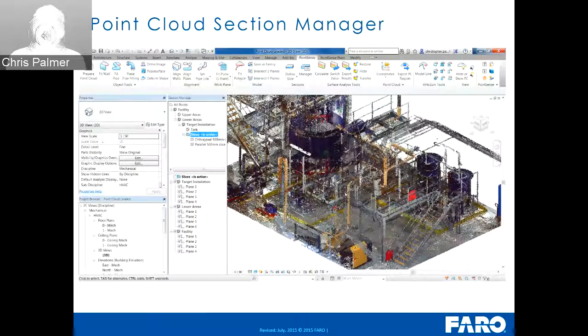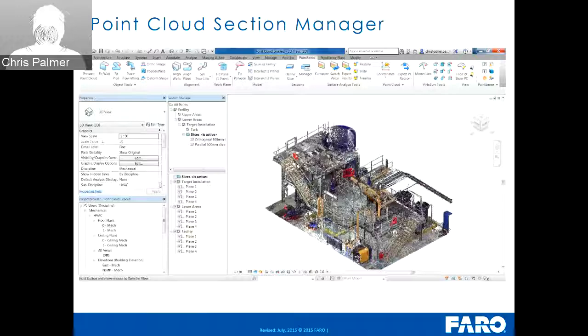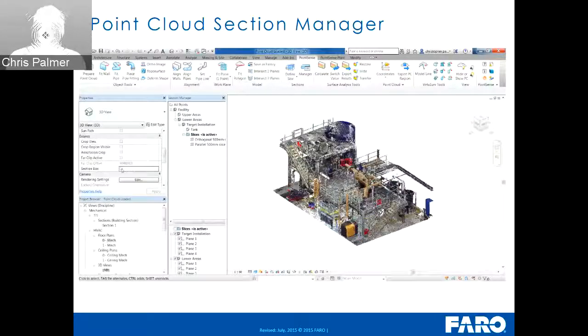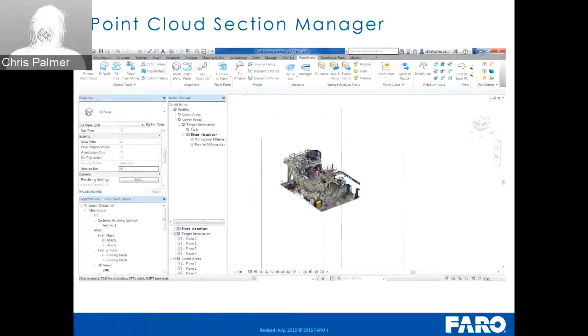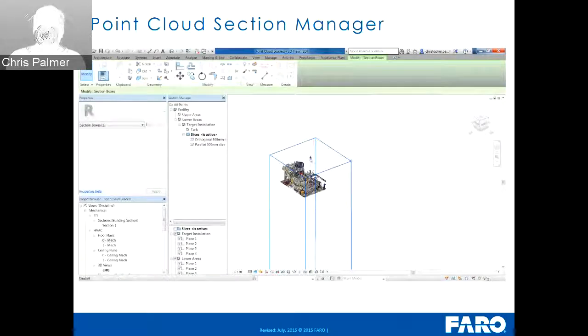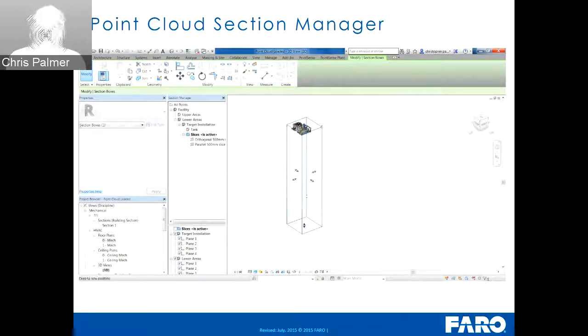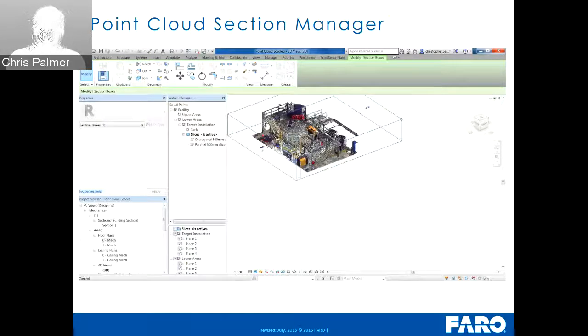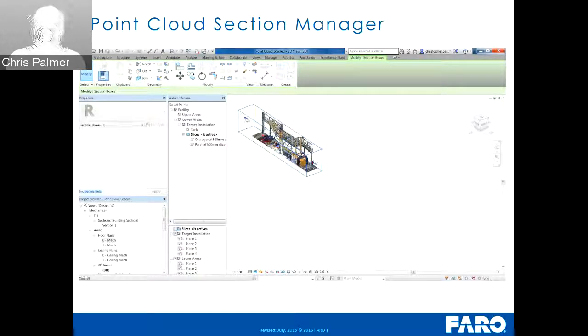So that's just going to activate now. I'll just zoom out a little bit. The last tool we've got then is to use the section box and to save out specific boxes. So if we just activate the section box tool, which is the standard tool within Revit, we'll just crop out an area of interest using the standard tools. What we can do is, using our defined box, we can save that out within the section manager as something that we might want to go back to. So if I maybe just save out this small component here,